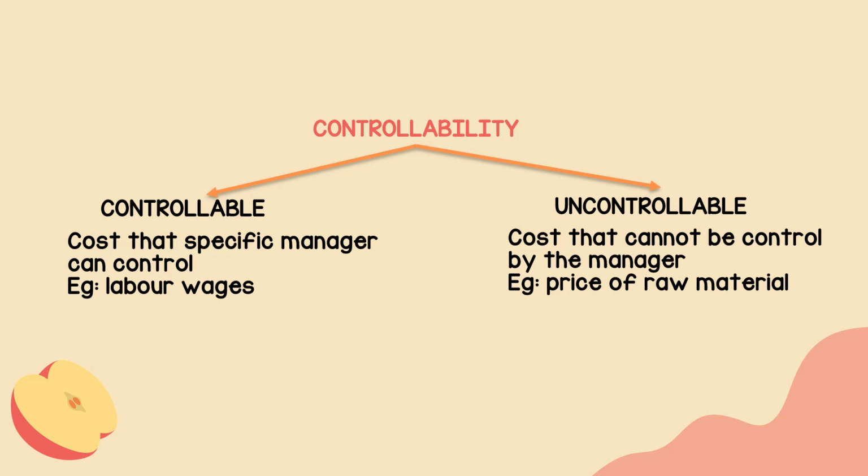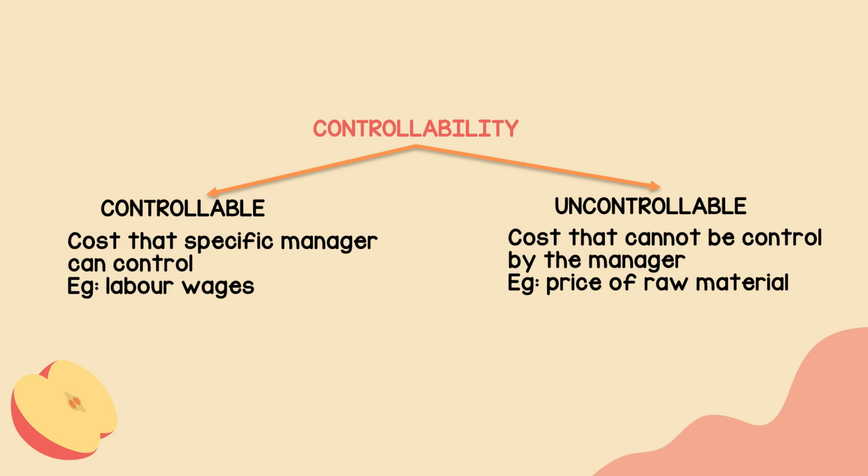Next is controllability. For controllability, we have two types of cost, which are controllable cost and uncontrollable cost. Controllable cost is the cost that can be controlled by the specific manager. This means that the cost can be controlled by the manager, not the other parties. For example, wages for the labor, we can assume that the manager has the power to increase or cut the